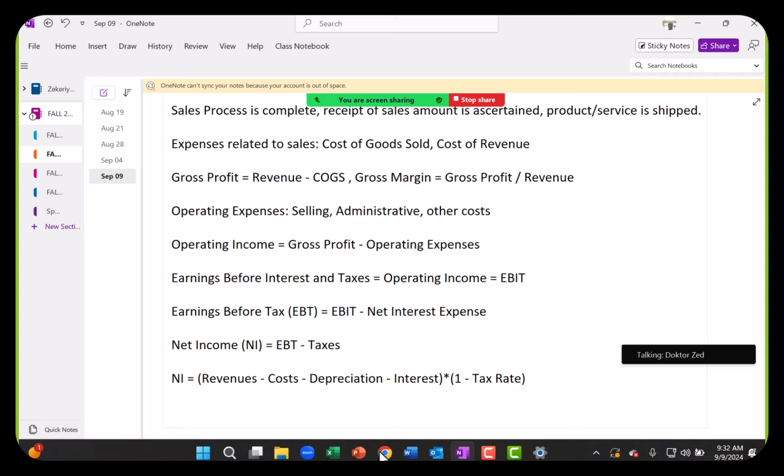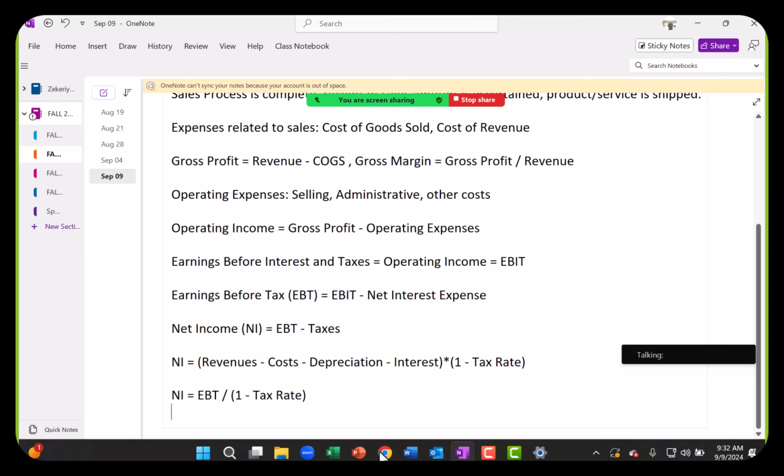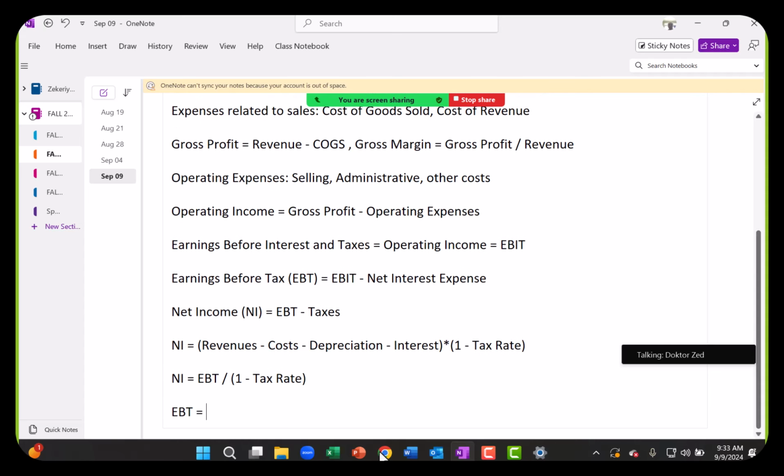We can do a few identities. Net income is EBT times 1 minus tax rate. So if somehow I told you earnings before taxes and tax rate, and you needed to know net income, that's how you do it. And remember, EBT is also